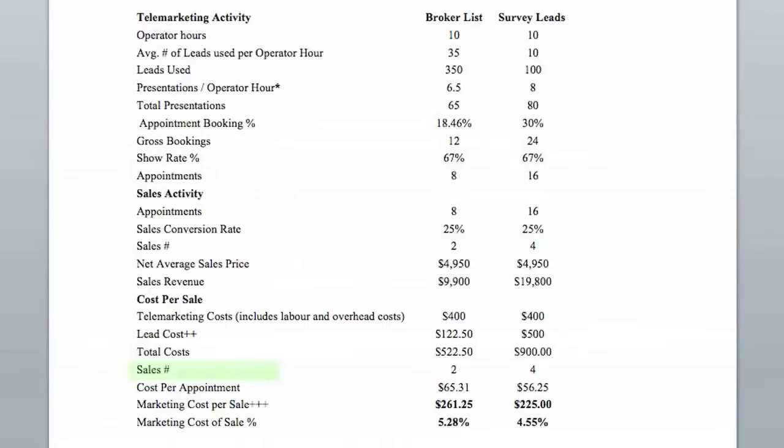However, when you look at the sales number with the leads that we generated with the broker's list, we got 2 sales. When you look at the sales that we generated from the opt-in surveys, well, we doubled that at 4. When you look at your cost of appointment, you divide your appointments by the total cost, and you'll see it comes out to $65.31. Whereas with your opt-in leads, not only did you get twice as many sales, but your cost per appointment was less at